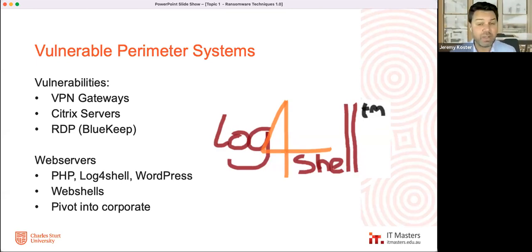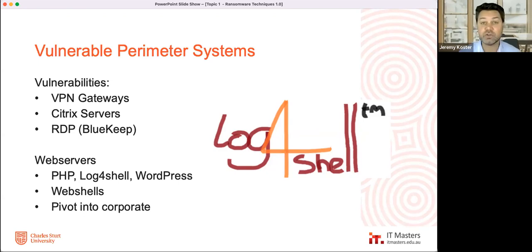The VPN gateways are a great way for them to get in again. There was one big one called Pulse Secure, which ended up in, I believe, the Travelex ransomware, where they were able to get through in a lot of different ways. I think Fortinet's had a few, Palo Alto's had a few. They've all had some sort of vulnerability that allows a gateway into the organization, and they need to be patched just like anything else and monitored. Citrix servers have had some significant vulnerabilities. You don't need credentials, you get in there. RDP has vulnerabilities as well. These are software vulnerabilities that bypass the authentication.